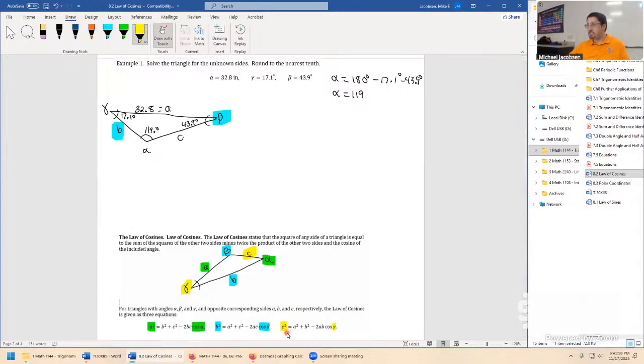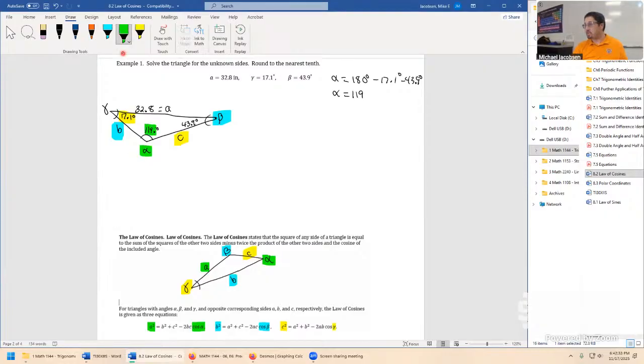If we work with side length C, you have to know the angle gamma. That's good because it's a known right there. But then you have to know both A and B. A is known, but B is an unknown. So this is a pretty weird triangle. This triangle is kind of a reminder that as powerful a tool as law of cosines is, sometimes you can't even use it in the very first step. Even in this section called law of cosines, it kind of seems unfair in a way. So this is an important takeaway about this problem so far.